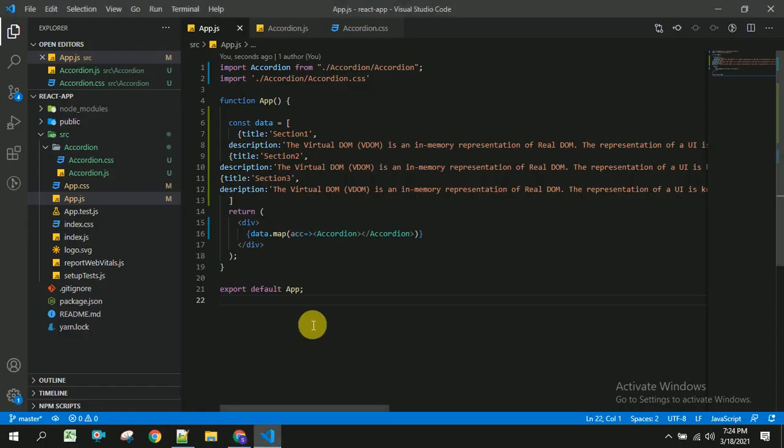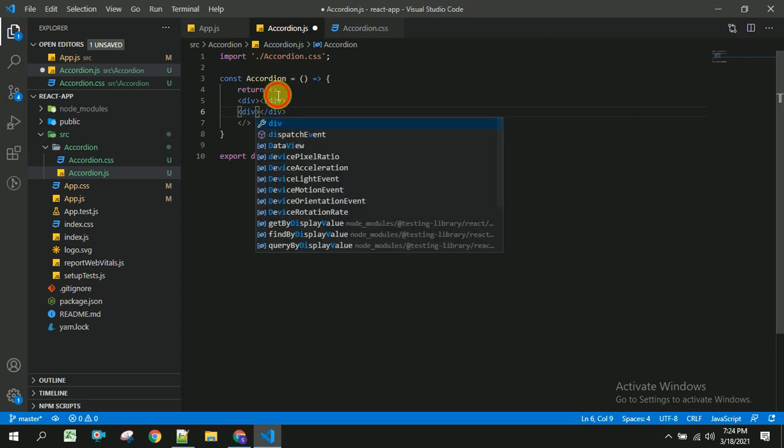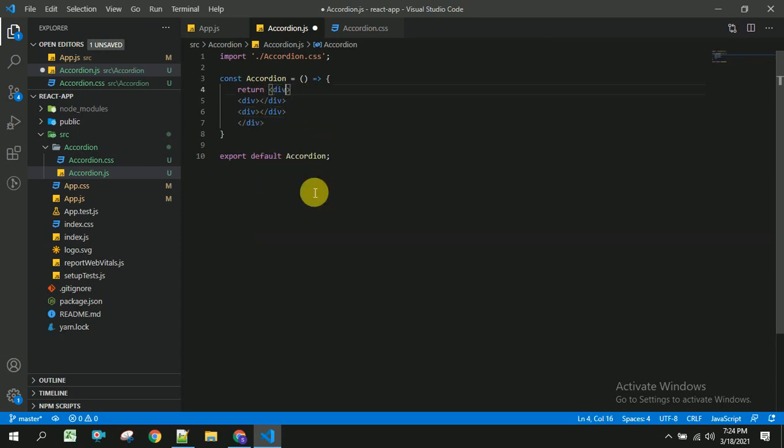Now we will write some more code in this. So let us go to the accordion child component, and inside this I am going to take 2 divs. One is for the title and another is for the description, and this is the main div, which will take some props.